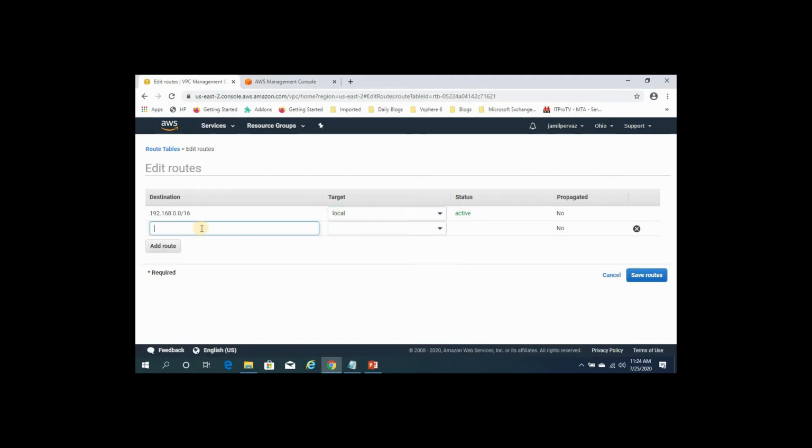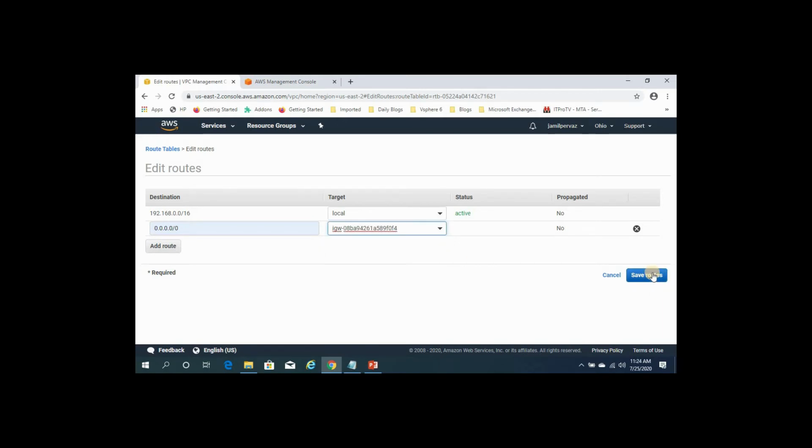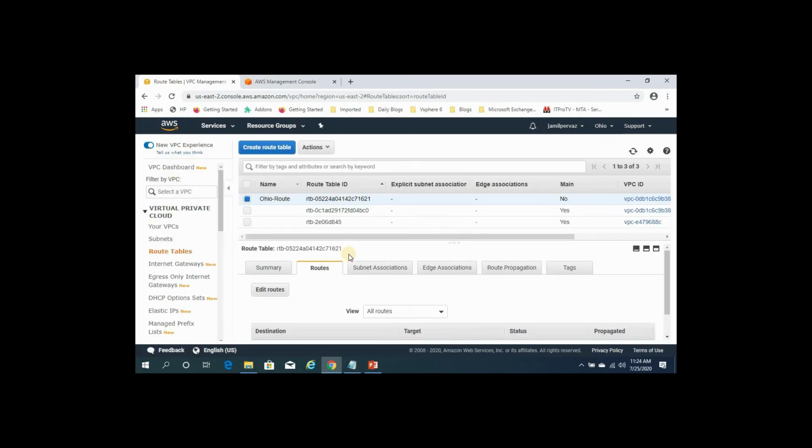Click add route. Type 0.0.0.0/0, meaning all packets for the internet. Under target, select internet gateway, select Ohio internet gateway, select save routes, click close.